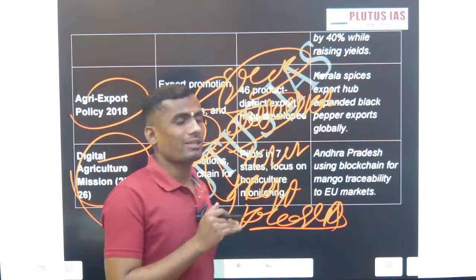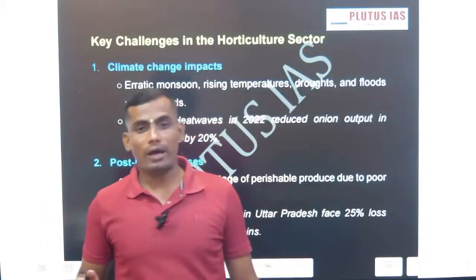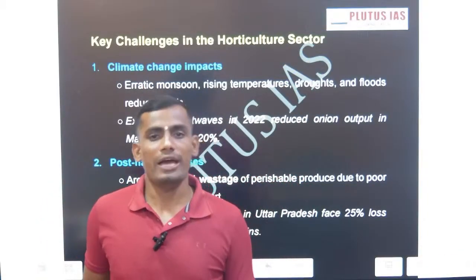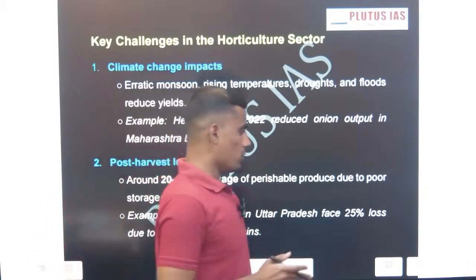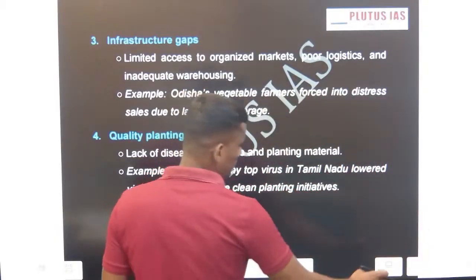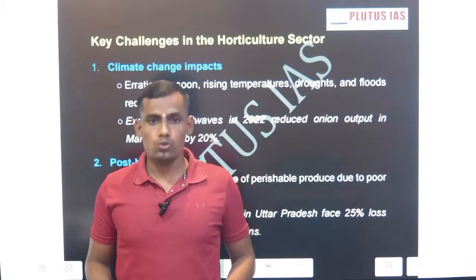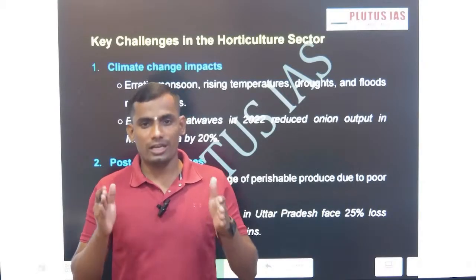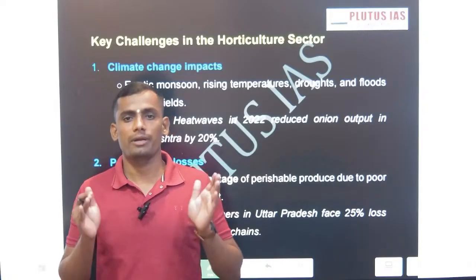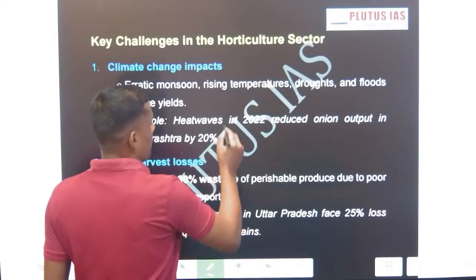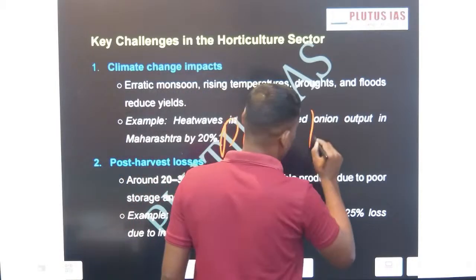Now, if these are the policies, despite these policies, horticulture in India is facing issues and constraints. Now we are going to discuss what these constraints are. So the first constraint, let me start with erratic monsoon. We call agriculture a culture, horticulture a culture, but this culture depends on climate vagaries. If you see the recent floods in Punjab, floods in Himachal Pradesh, and the floods only yesterday